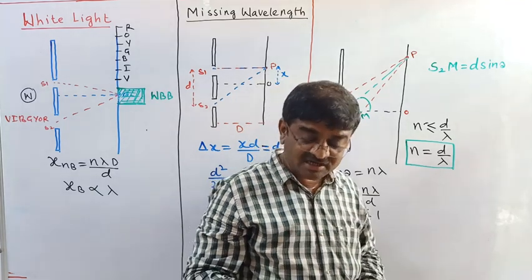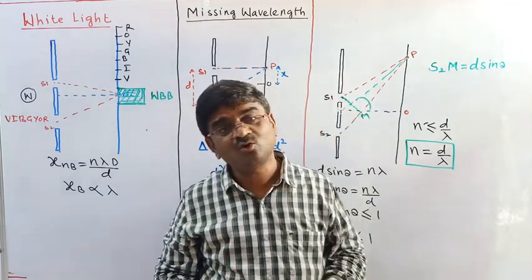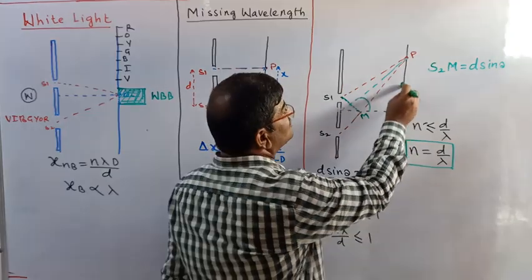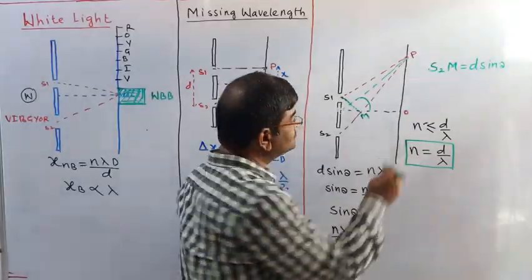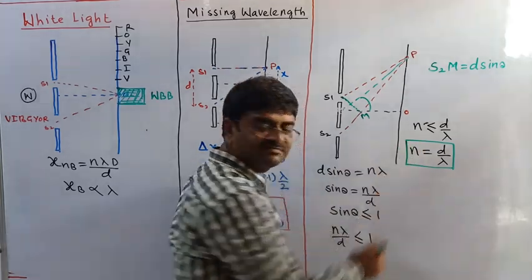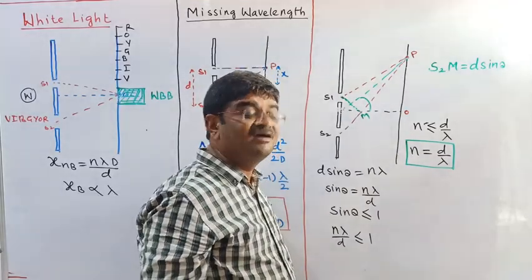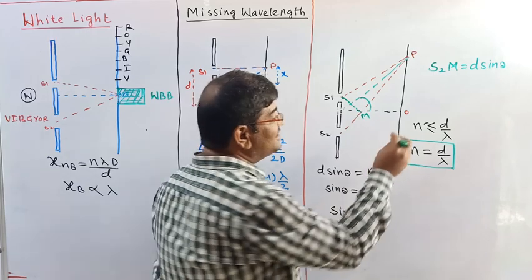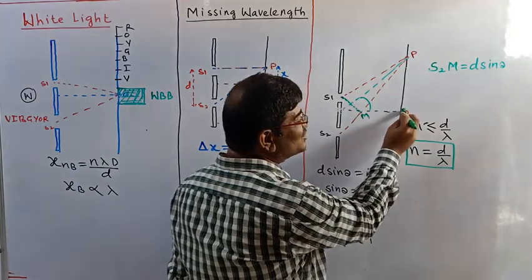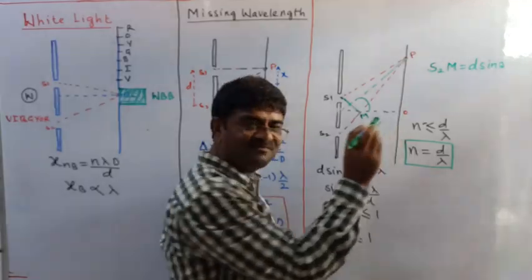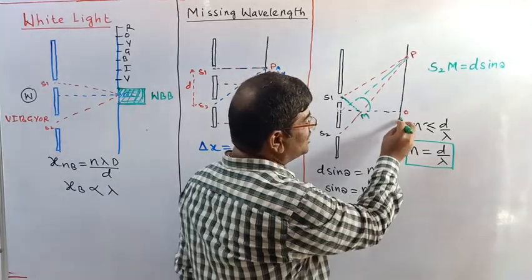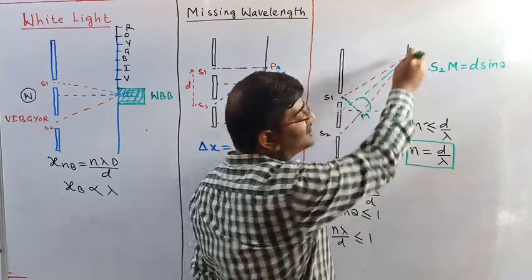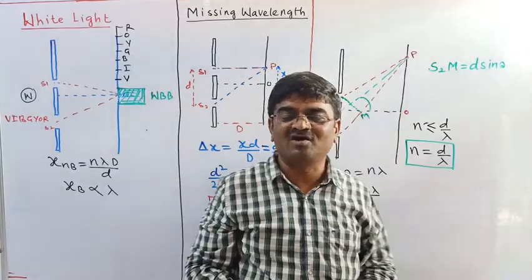In addition to that, I may have to calculate how many total bright fringes I have got. Like 1, 2, 3, 4, up to n, on both sides I have got. And in addition to that, an important thing to be remembered: I did not say 1 here. This is the 0th, central band, the reference band. 0, 1, 2, 3, 4, up to n. So you mean both sides you have got.